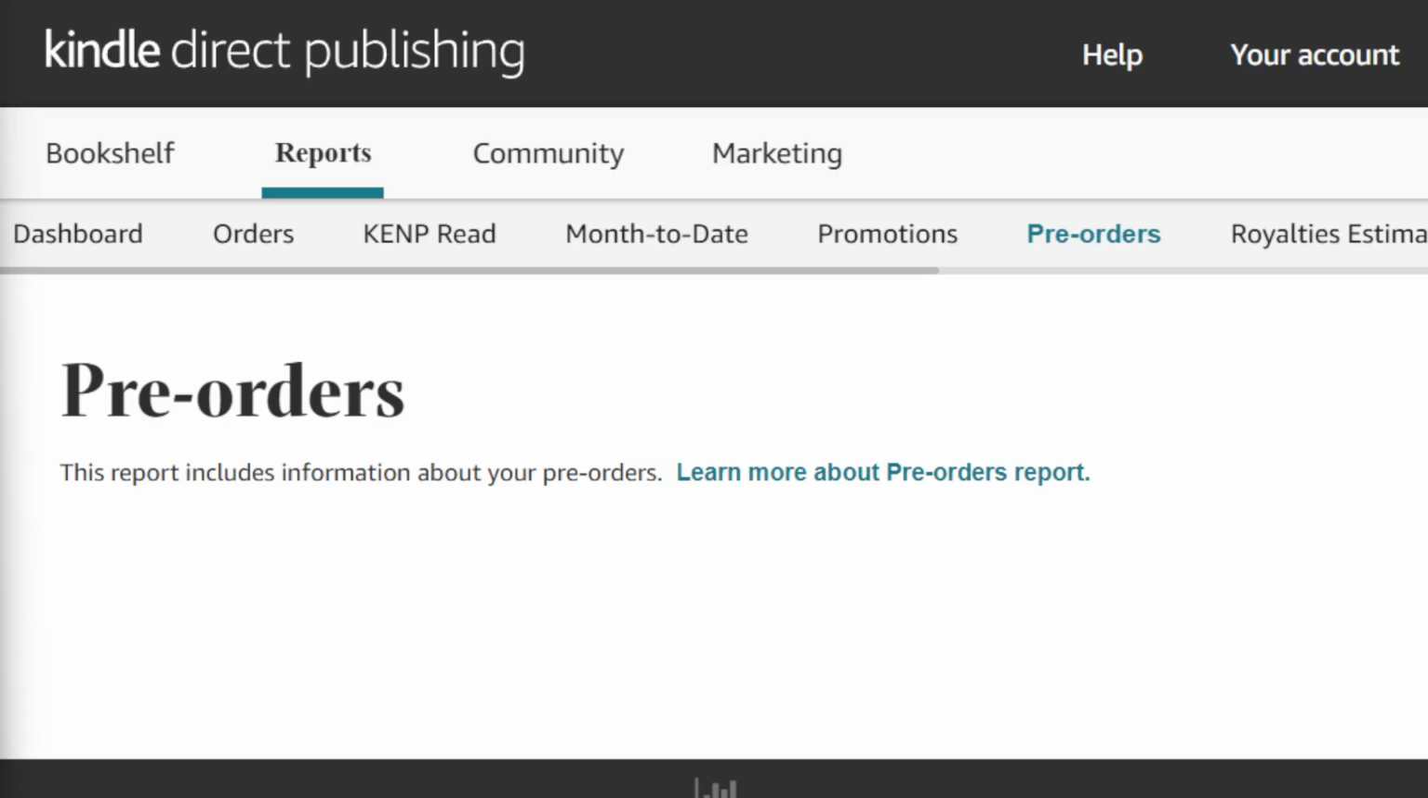Being able to download the report is especially helpful if you want to manipulate the data, such as sorting, filtering, or simply creating graphs for a more visual analysis. By having the report in a spreadsheet format, you can better track which strategies resulted in increased pre-orders and adjust as needed moving forward. In summary, checking your pre-order reports on KDP is a straightforward process that can provide you